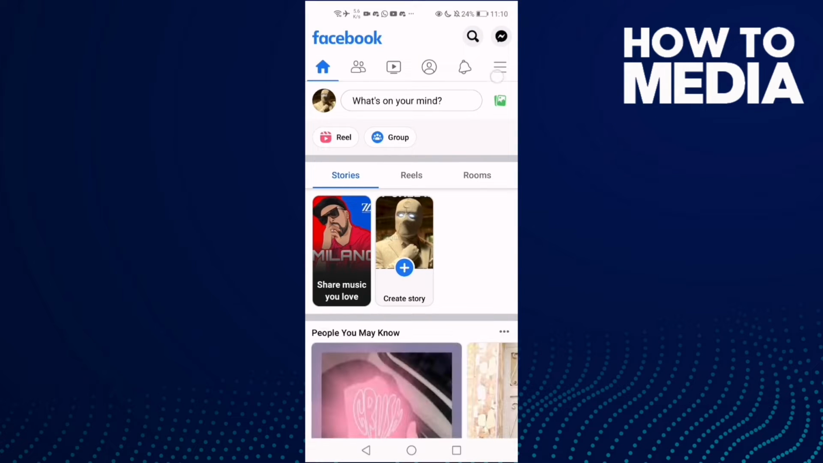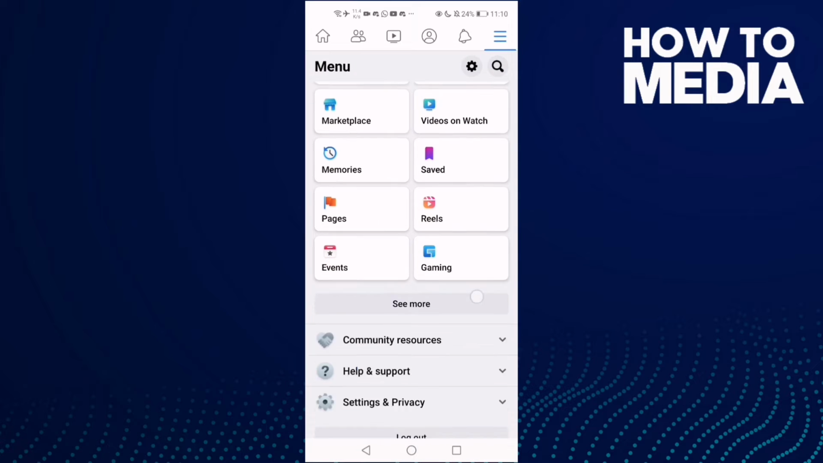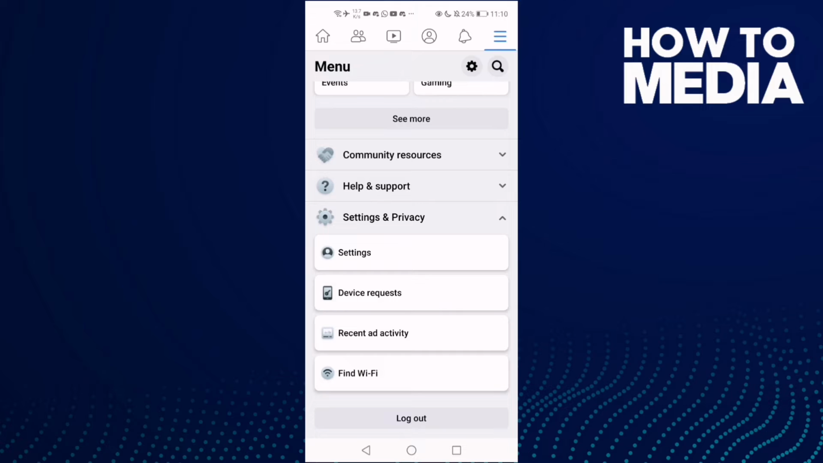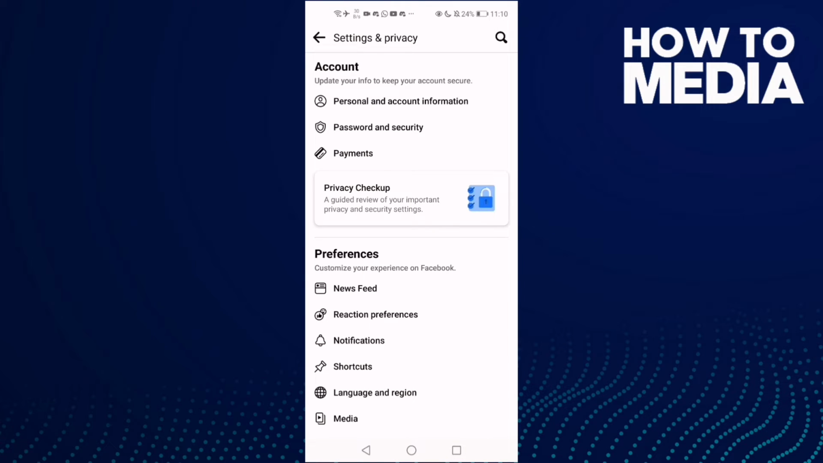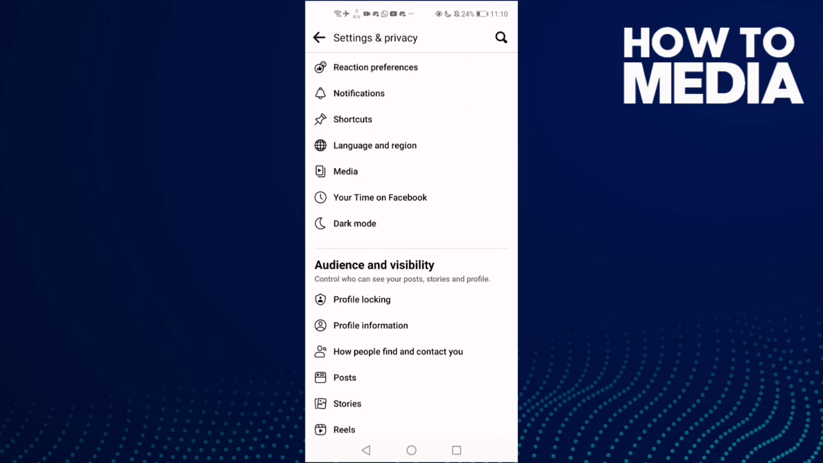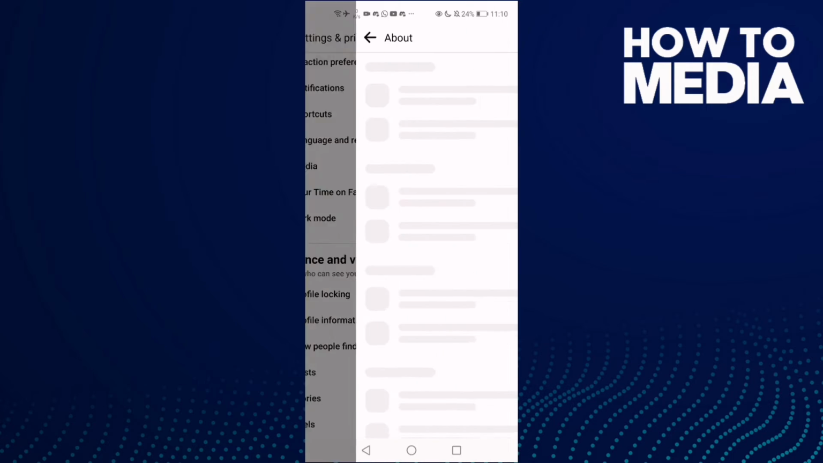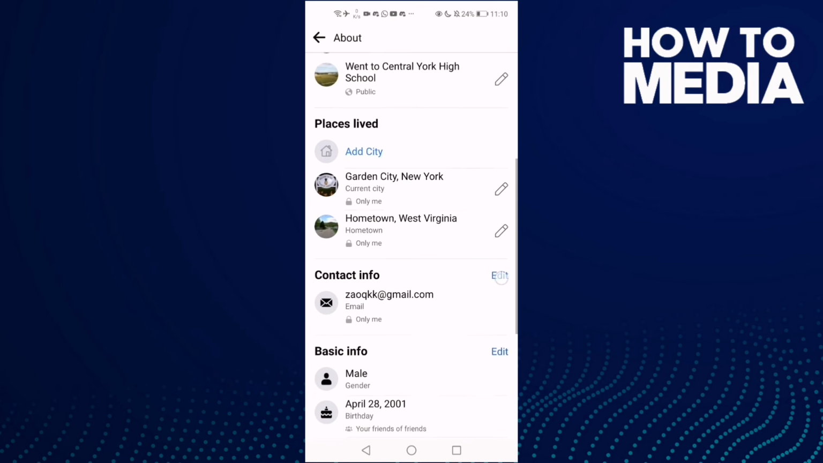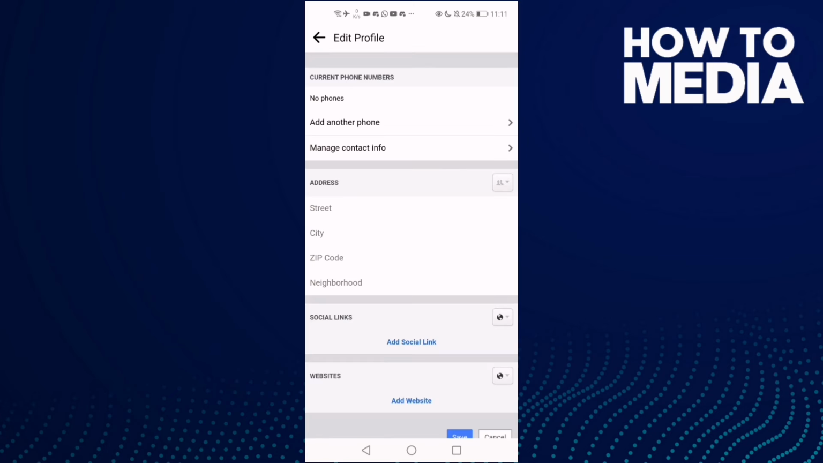and then click these three lines and go down until you find settings and privacy and then click settings, and here all you need to do is just go down until you find this one, profile information, and click edit. And here all you need to do is just